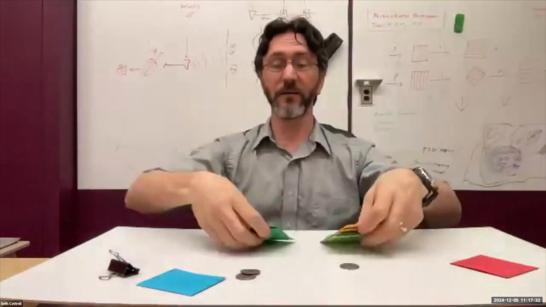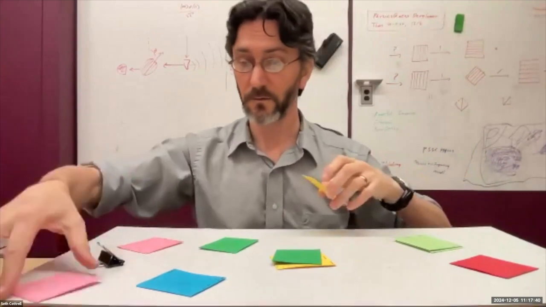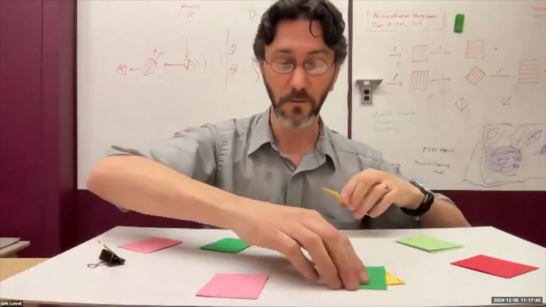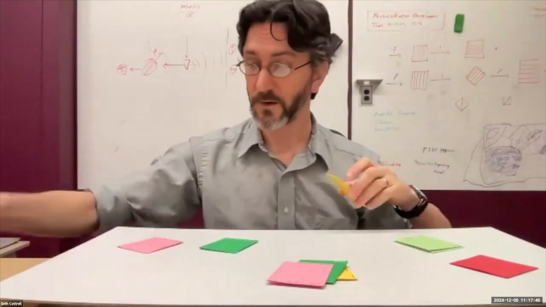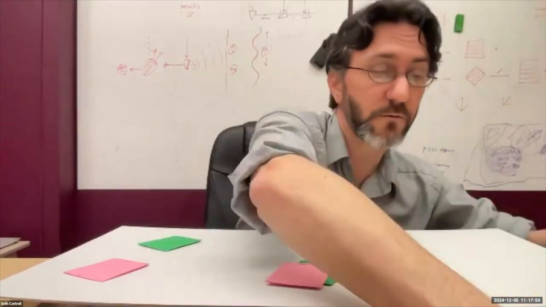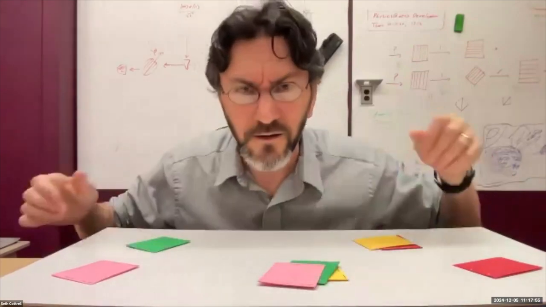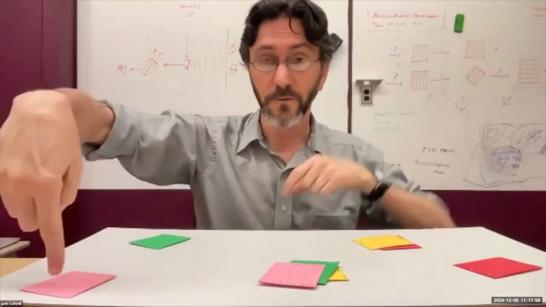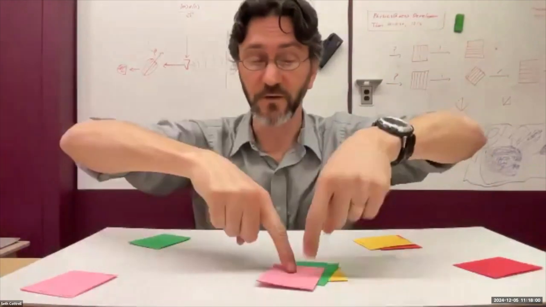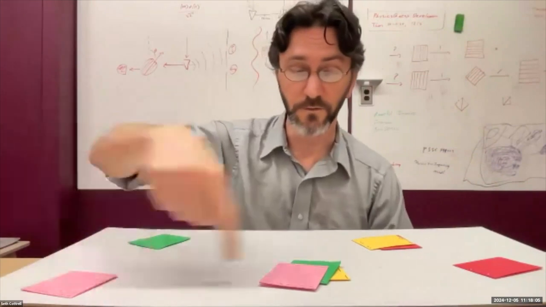Even cooler, you can create a quantum network. You can create a hub. Say I want to do this. You can create a quantum network. So, yeah, I think you can see this. This hub, because it's got a correlated pair with the pink, the green, and the yellow, these two can